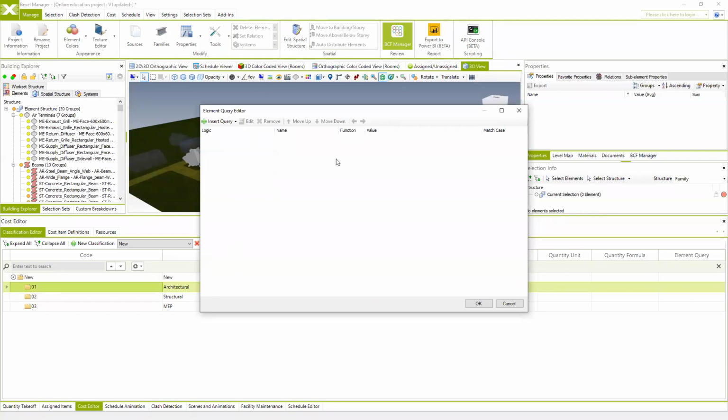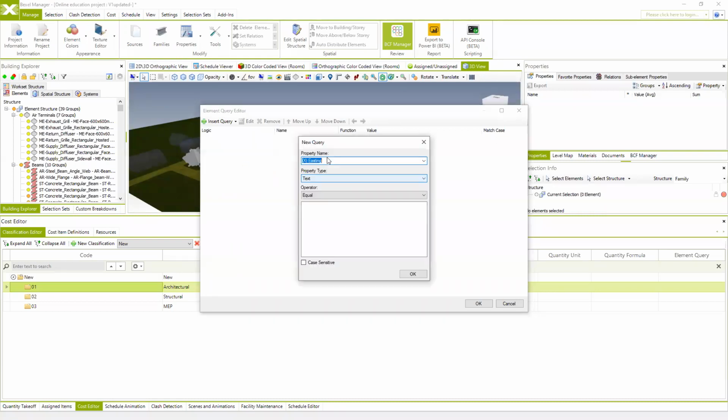I know that this query is the BIM project name, or actually my document name, which is document title, starting with AR in this case,